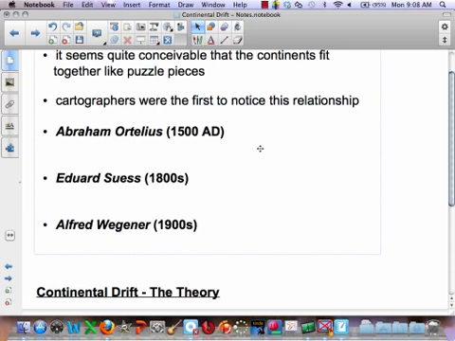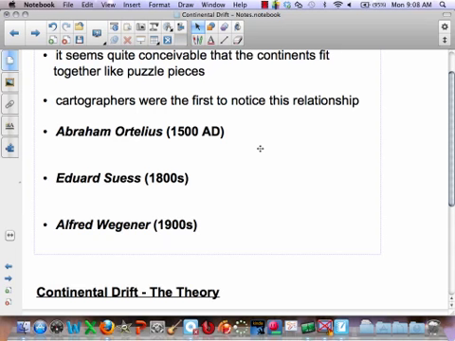Okay, I'm really tired. I know it's first block, we've got to put our thinking caps on. Go ahead. So there's the same type of dinosaurs on different continents, and they're across the ocean. They can't swim over, so they were connected at one point. That's really important. I know it seems kind of ridiculous, but that's a really important statement, and we're going to talk about that today as well.